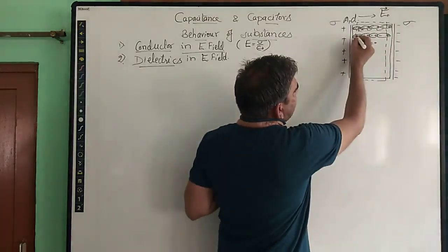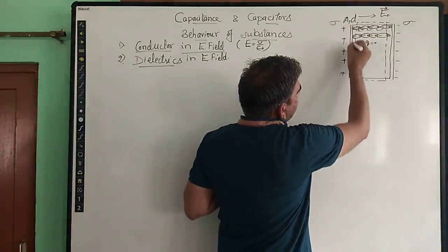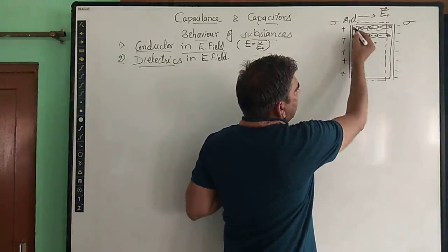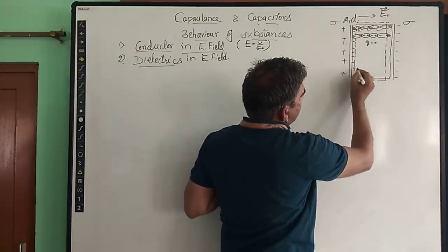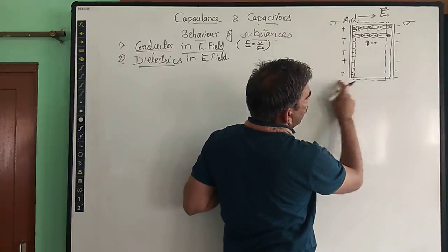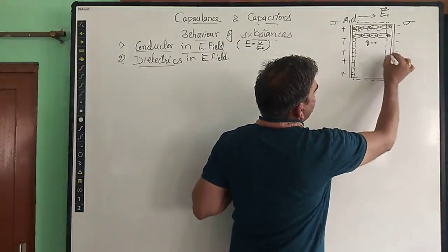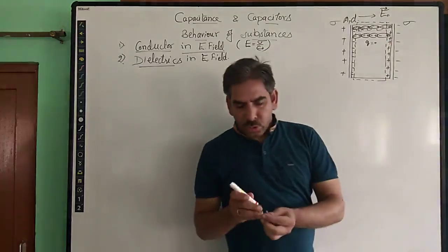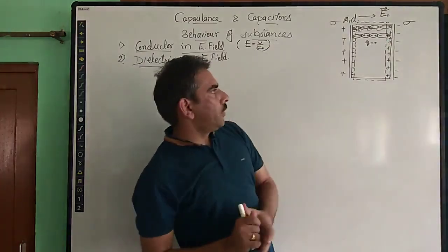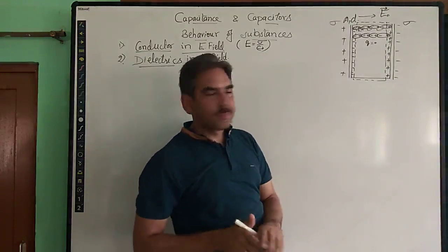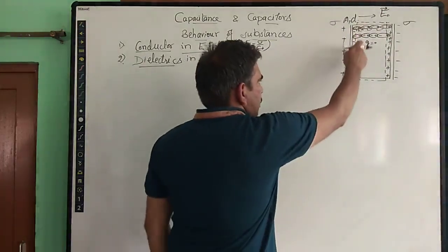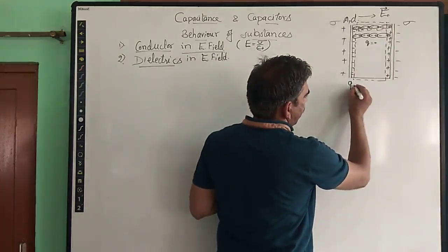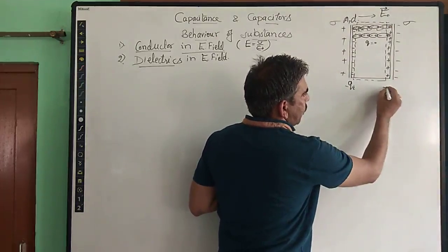And only the charge that appears is on the opposite faces of this dielectric slab. This is the dielectric substance or slab. So negative charge appears on one face and positive charge on the other face of the dielectric. So this is what is happening whenever an external field is applied across the dielectric. There is some charge that appears on one face and an equal amount of charge appears on the other face. I am giving it the name Qi. This is negative Qi and this is positive Qi.